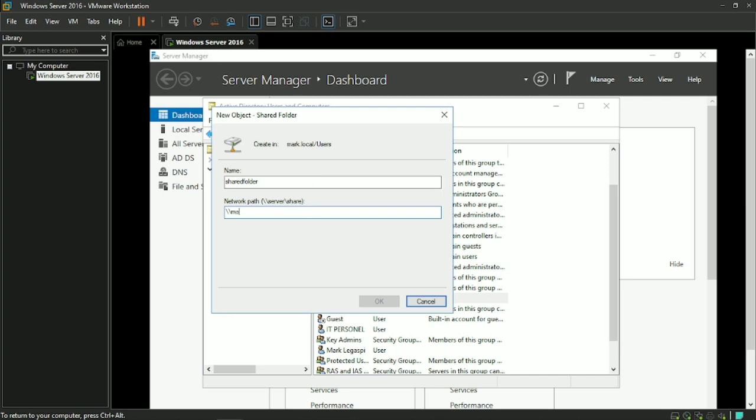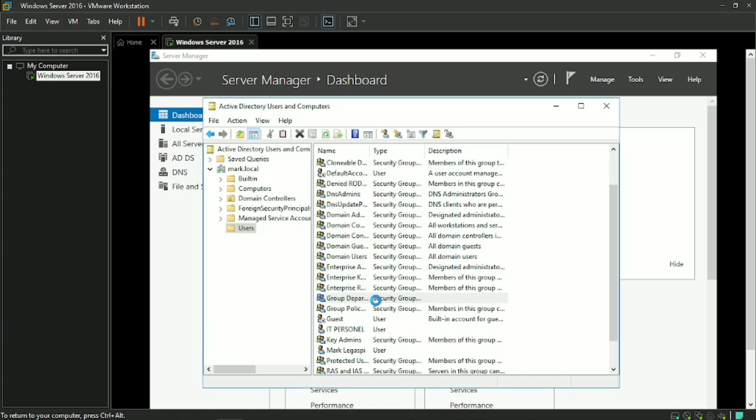So dito naman is set tayo ng backslash, and then yung kung anong gusto natin na name, and then backslash. So okay,